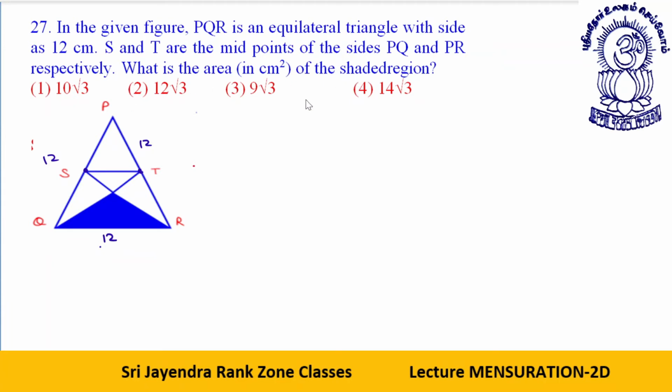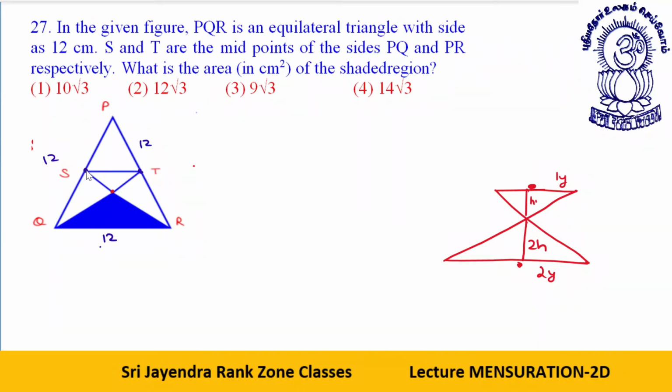What is the area of the shaded region? See, dear students, you have to determine the area of this region. This is a very good conceptual question. Students, I've already told you, when you have two parallel sides, and these form a cross like a zigzag type of thing, if you know the length of these sides, these sides determine the ratio of the perimeter, height, everything. If let's say this is 1y, this is 2y, then what happens? This height will be 1h, this will be 2h, like this.